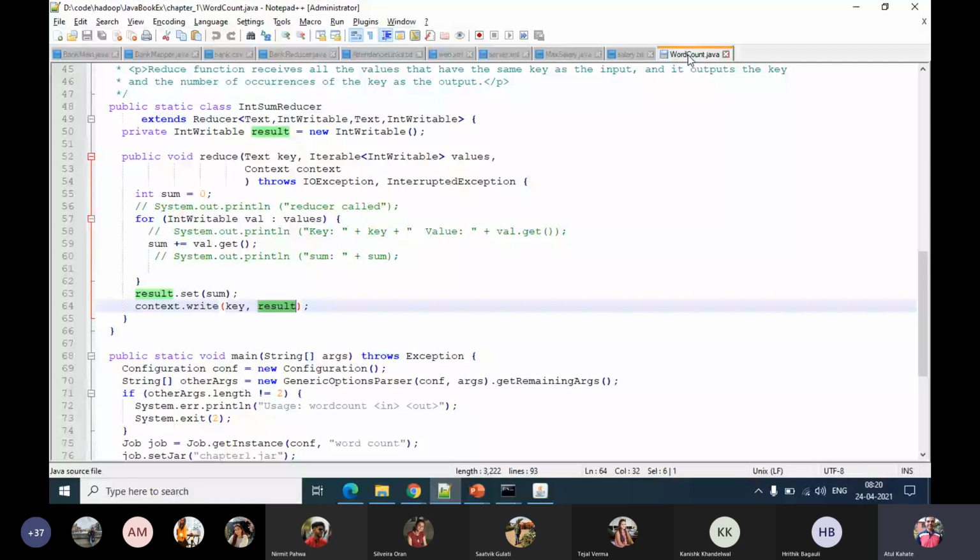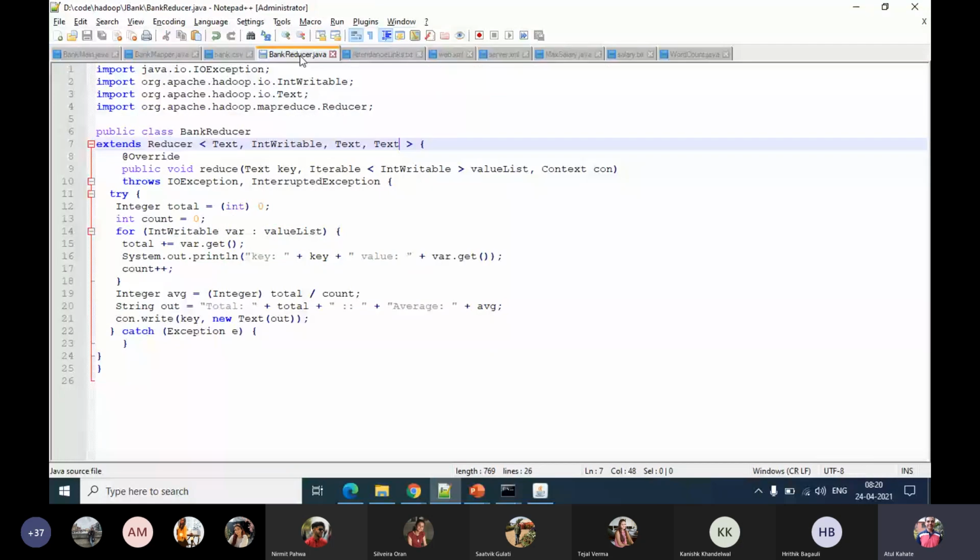Whereas here we have text, int writable, and then int writable again. Okay, so text, int writable, text, int writable, which is different from what we have in the current example. If we take yet another example, it could be different. Here, for example, it's text, int writable, text, text. So it just depends on what we are outputting.